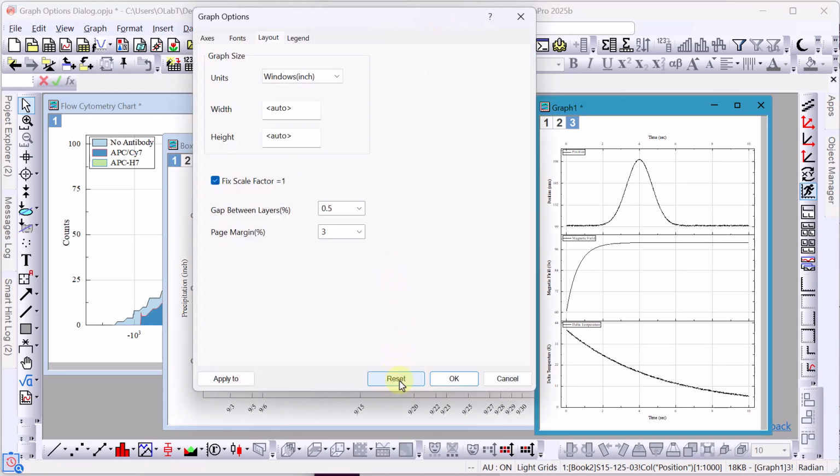Lastly, this dialog also has a Reset button. This button provides options such as Reset to Default Settings or Reset Settings only in the current tab. There is also an option for Reset All to Classic, which would change all settings to match graph properties in older versions prior to